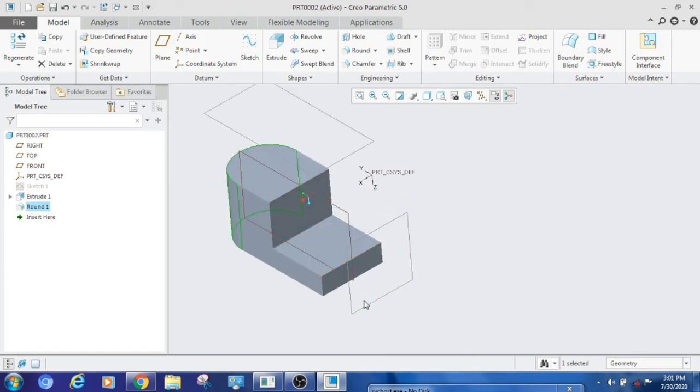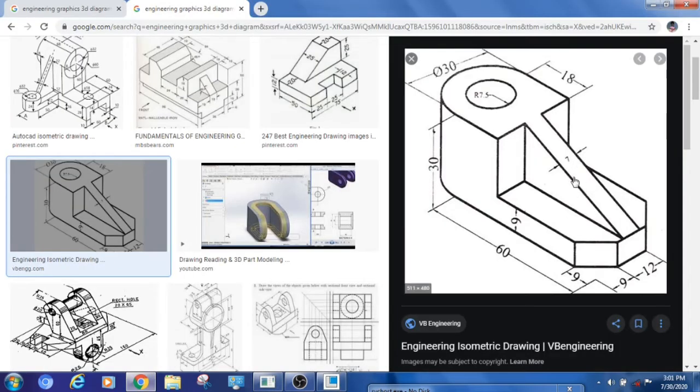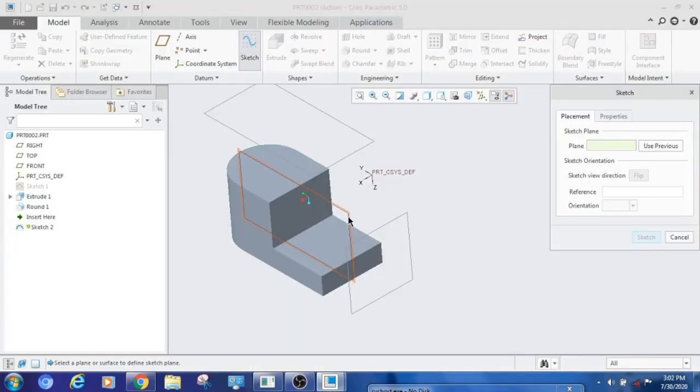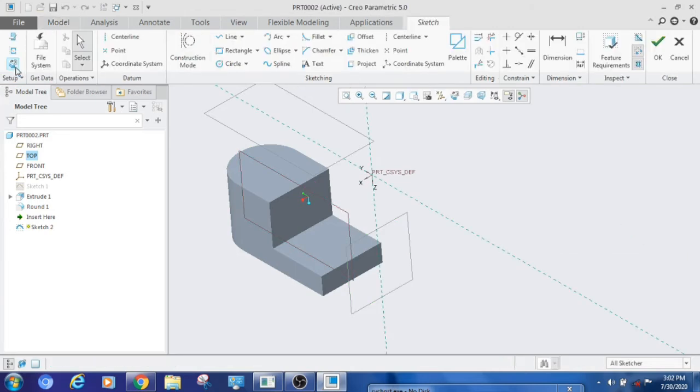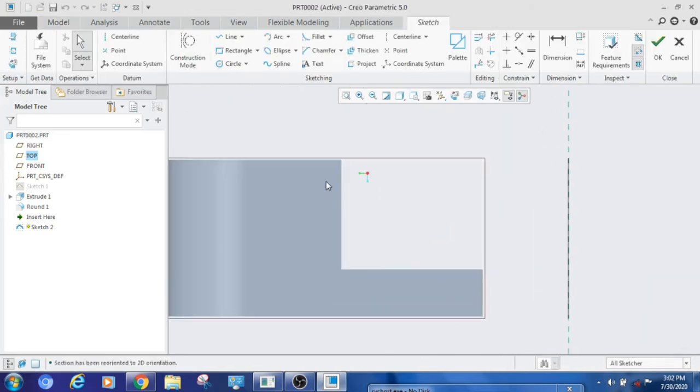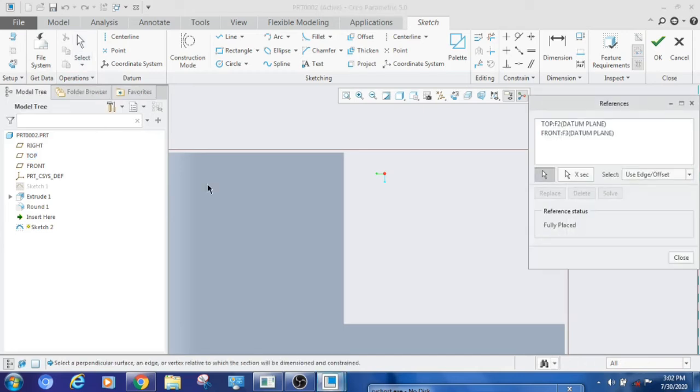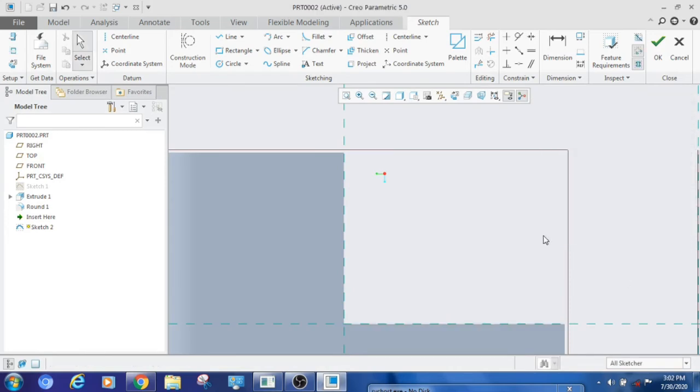Next we have to select the middle plane. Here we can easily draw in the middle because we have extended both sides of the sketch. You have to select Sketch, select the middle plane, Sketch View. I want to use this line as a reference line, this edge as a reference. For that we have to activate reference. Select Reference, and you will get some reference lines.